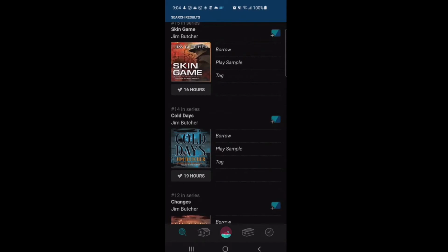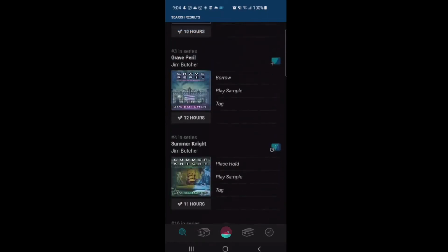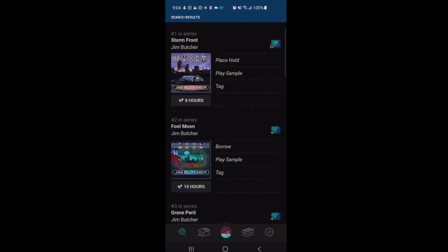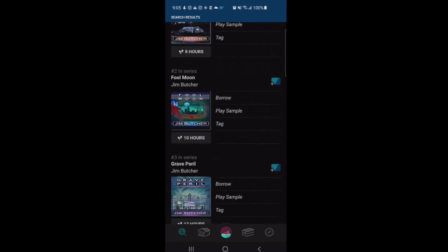Coverages will differ between libraries. So if you are a member of multiple libraries, you will want to register as many library cards to Libby as you can so that you can have multiple coverages, because some libraries will contain titles that other libraries do not. Once you find an audiobook that you would like to borrow, let's say this copy of Full Moon here,